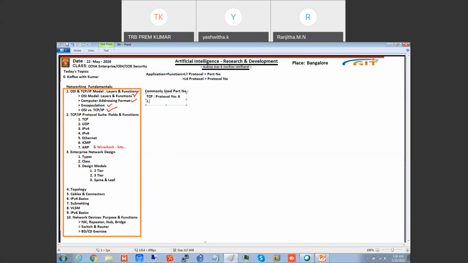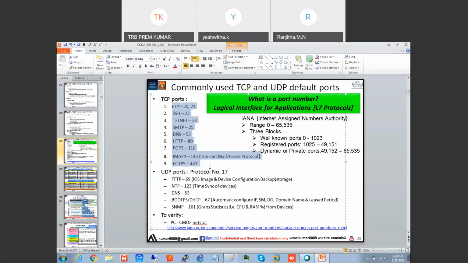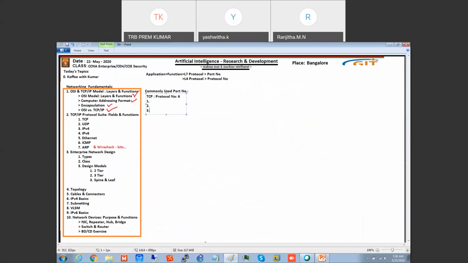I'll write down some protocols in that, 9 protocols we're going to write down.